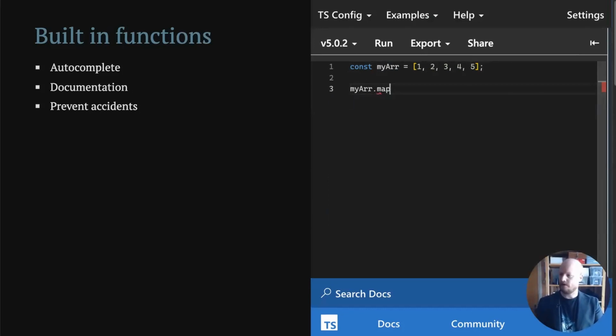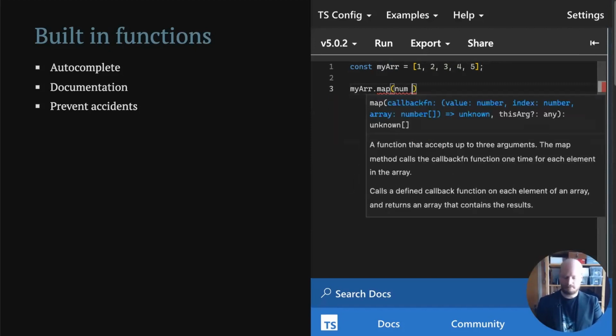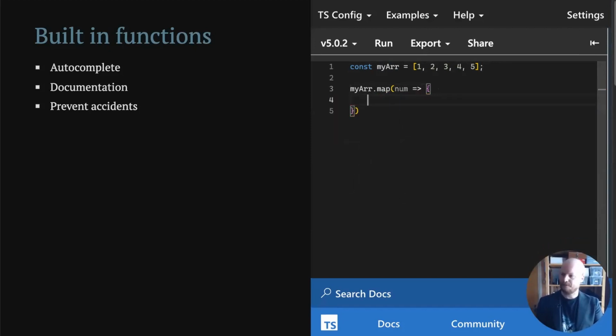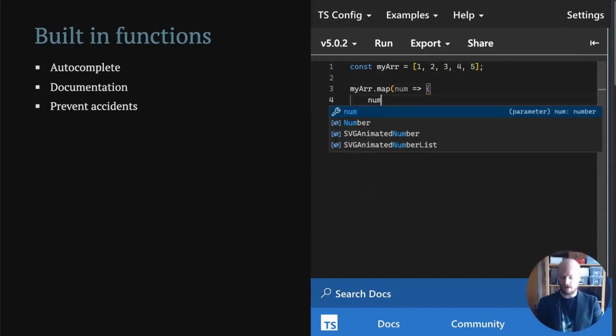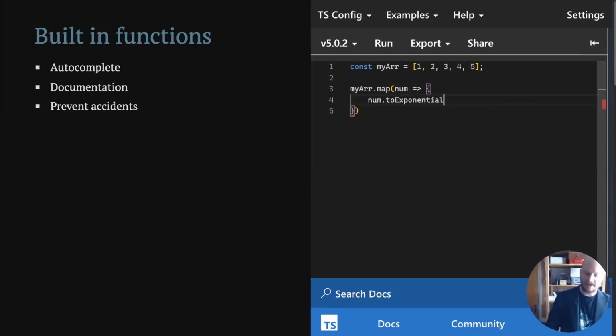So let's say I want to do map, yes. Map num equals whatever. And here, inside of the map function, I also get autocompletion for the num parameter. TypeScript knows that, oh wait, this is probably a number, since you passed in an array of numbers. So you'll get autocompletion for all of the number functions.